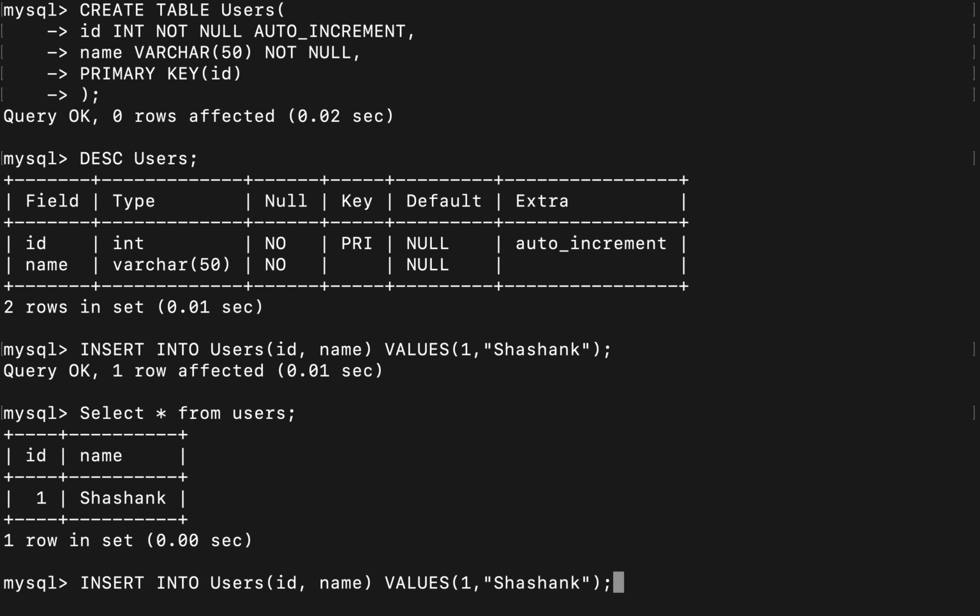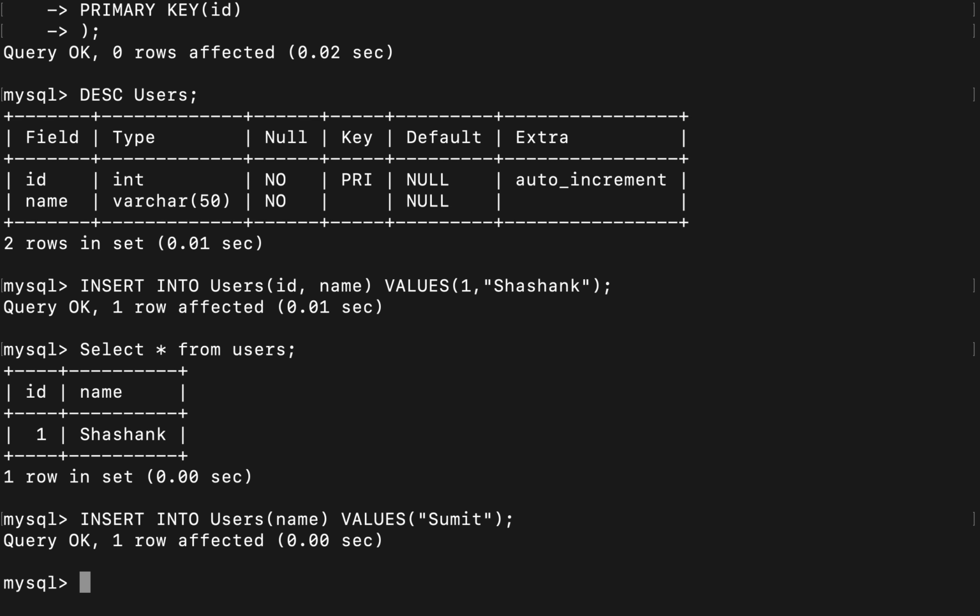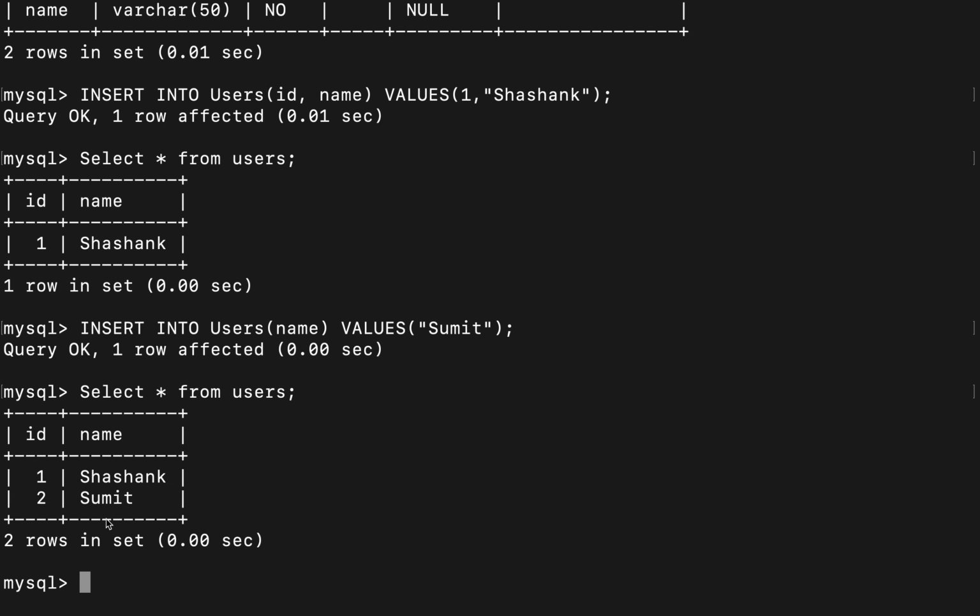Let me insert some more values. The second name I want is Sumit, and as I told you, auto increment will keep on incrementing the value of id, right? So we need not write it explicitly. Even if we write it, it won't be an issue, 2 will be there. But even if you don't write it explicitly, it will keep on incrementing. That's the reason why I have used auto increment. So let's say name and Sumit, so the next id will be 2. I'll show you again. If you see, it's already auto incremented, right?